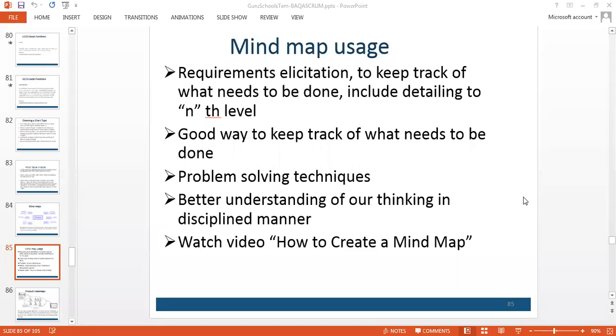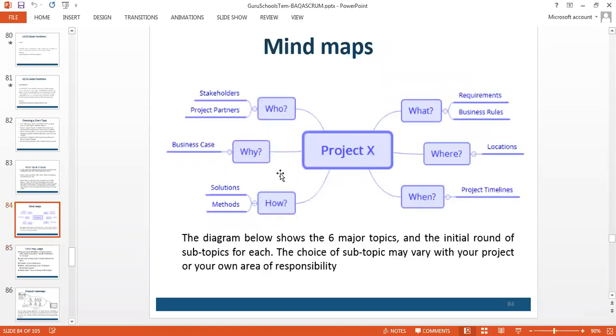So this is basically kind of requirement elicitation. We build on the requirements collected and we try to expand those requirements to nth level. Normally in industry, it's done at the 3 level. So the way we envisioned it, project: what requirements and how many requirements do I have? Or project: what are the requirement timelines, what are the timelines I need to guide to or have embedded in my delivery, those kinds of scenarios. Okay. Any questions on mind map?